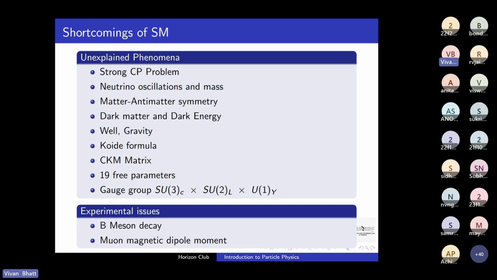Now, similarly, the CKM matrix. It basically talks about the strength of the couplings between the different flavors of quarks. So, you'll have a top quark that decays almost exclusively to a bottom quark, and not to a down quark or a strange quark. Similarly, a charm quark will decay more to a strange quark than a down quark. So all of these couplings, these numbers as to how often what decay happens, these are all